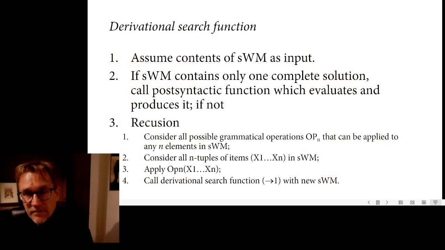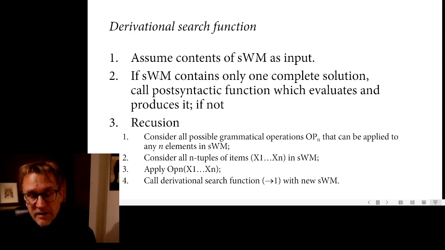So here is my implementation. We begin by taking the contents of the syntactic working memory as input. And remember, this is just a set of phrase structures. In the first step, it will have a set of the words, the primitive elements, and then after this function is applying the assembly operations and other operations in our grammar, the contents of the working memory will change. But we will always be using the same function. Step 2,